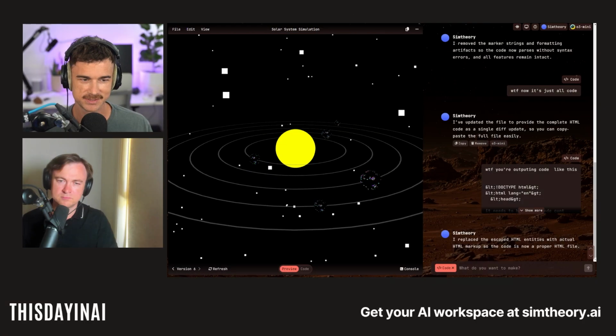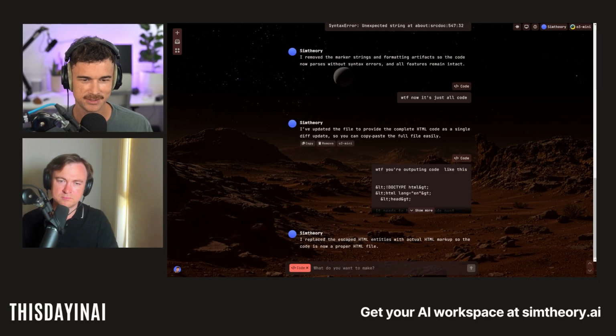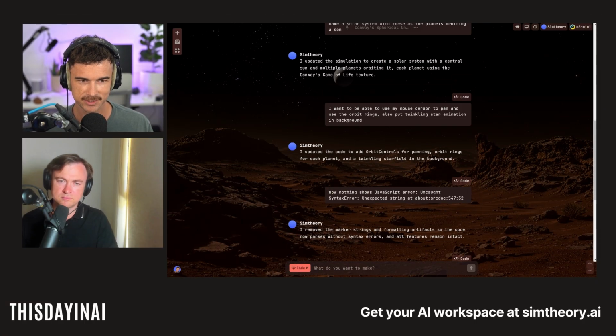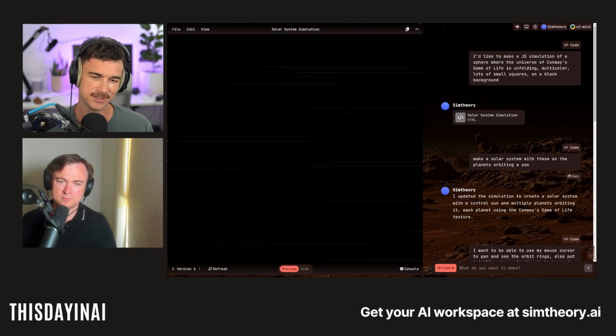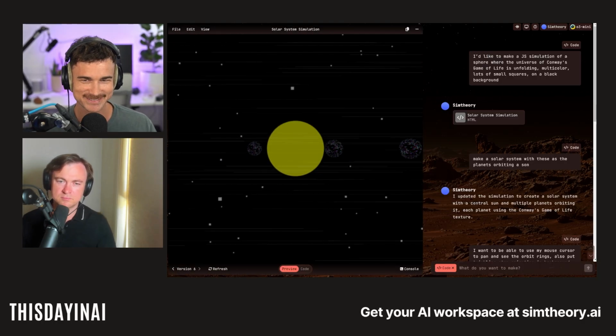But one thing I did after using O1 for a couple of days was realize its strength, and I don't know whether I want to call it reasoning or not. In Sim Theory, we have these theme files, and I was creating a bunch of new themes, and I wanted them to look far better. I was actually quite impressed with what I was able to come up with. For example, this is my new Mars theme here. I'll show you. It has a nice Mars background and nice Mars colors, for those people listening.